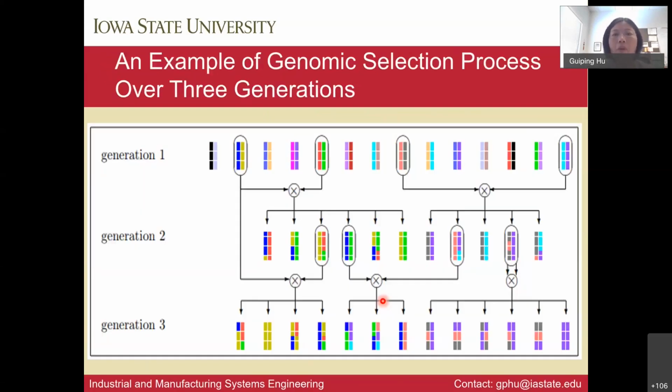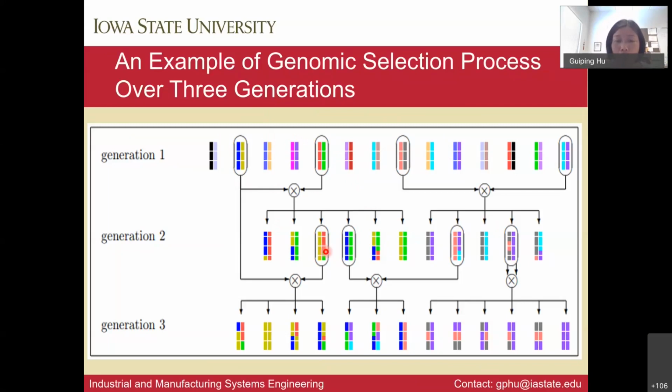Now I'm giving one example of genomic selection, for example, 3 generations. So if you have the first generation, you are selecting, for example, 4 individuals. You selected these 4. As you can see, they are circled. And then the first 2, you cross them, and then you produce 6 individuals, 6 progenies. And then you cross these 2, you produce 5, for example. This is just one illustration to show what kind of decision could be involved and how complicated.